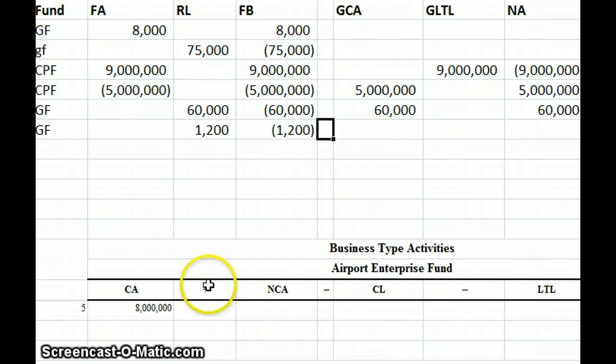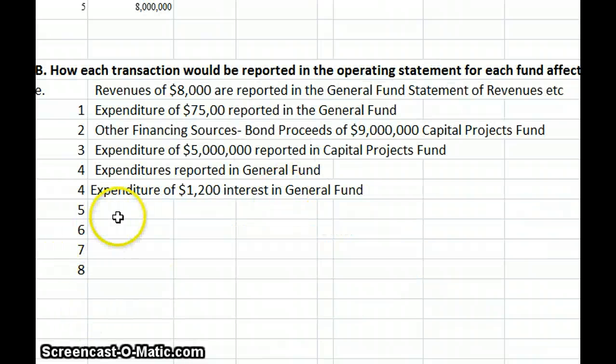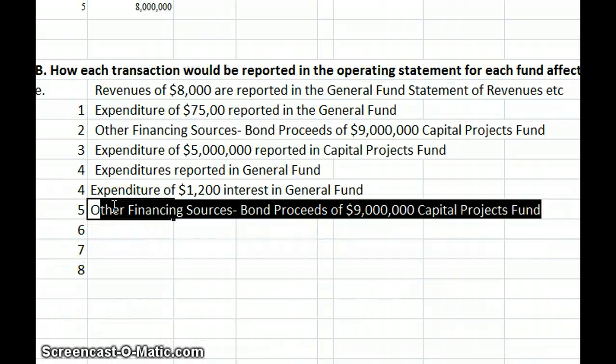Okay, let's move to number 5. General fund resources of $8 million were paid to a newly established airport enterprise fund to start up initial capital. Okay, so what we're doing is we're transferring funds. They're transferred to the other fund from the general fund to an airport or enterprise fund. So how we're going to describe that is we're going to have other